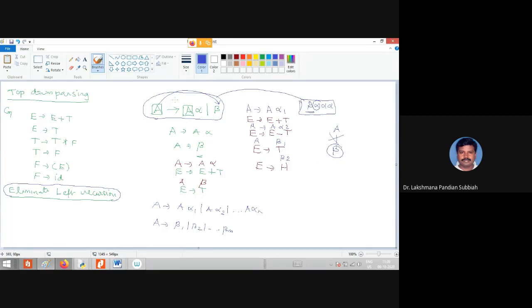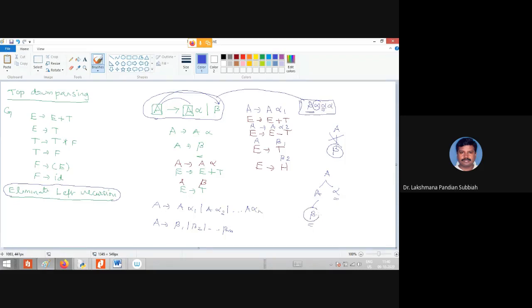So you have to take the first alternative, then go for the second alternative. Here A derives A alpha is the first alternative, then for that A we can have beta. By this way we generate beta alpha. Now we have one more alpha, which cannot be produced because there is no further non-terminal.